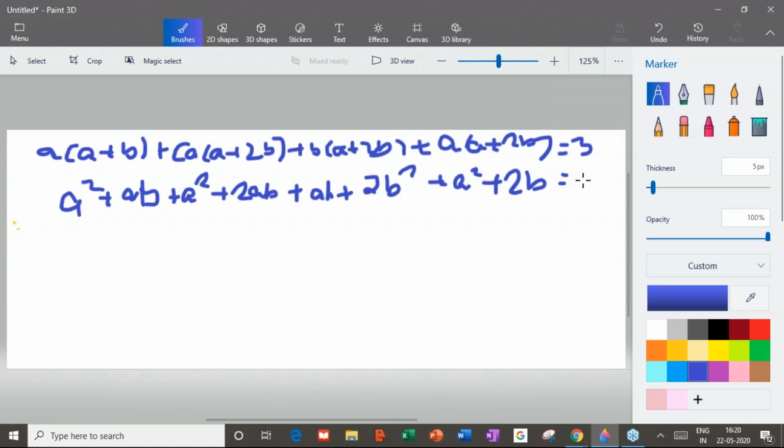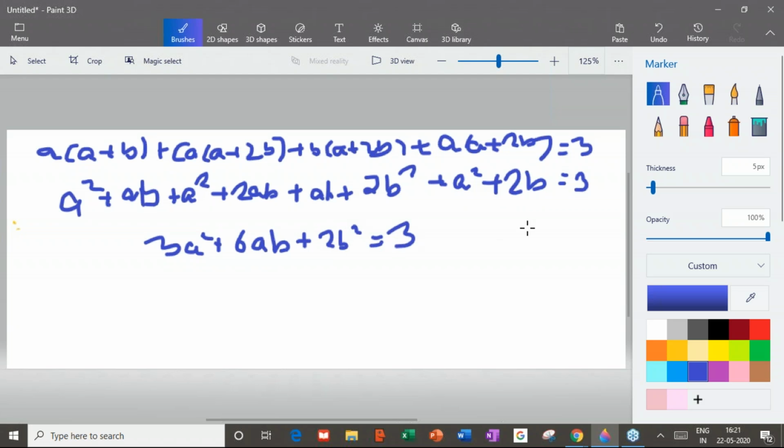Correct? Is equal to 3. Now this becomes a square 3 times, so 3a square, plus 2ab and ab, 3ab plus 2ab, which is 6ab, plus 2b square